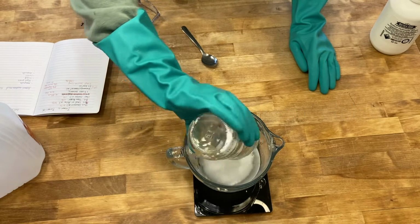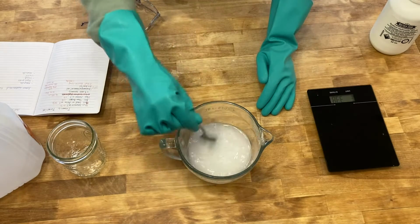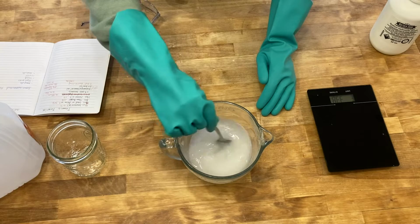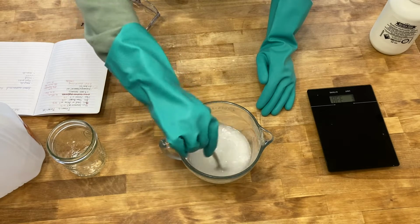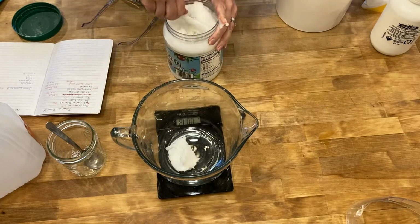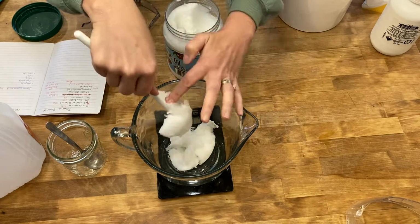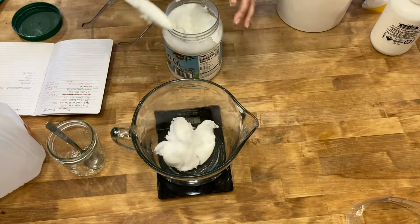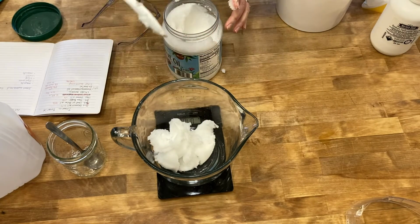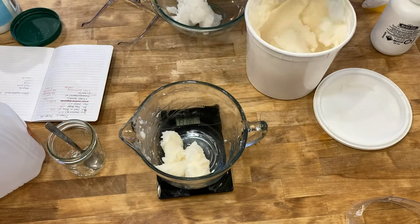I always try to remember snow falling on a lake, and I literally remember that every single time just to make sure I'm not making a mistake or doing something wrong. Then you stir that in and set that aside, as that's going to be pretty hot. It's going to be anywhere from 160 to 180, just depending. You're going to set that aside because you're going to let that cool down to approximately 100 degrees,